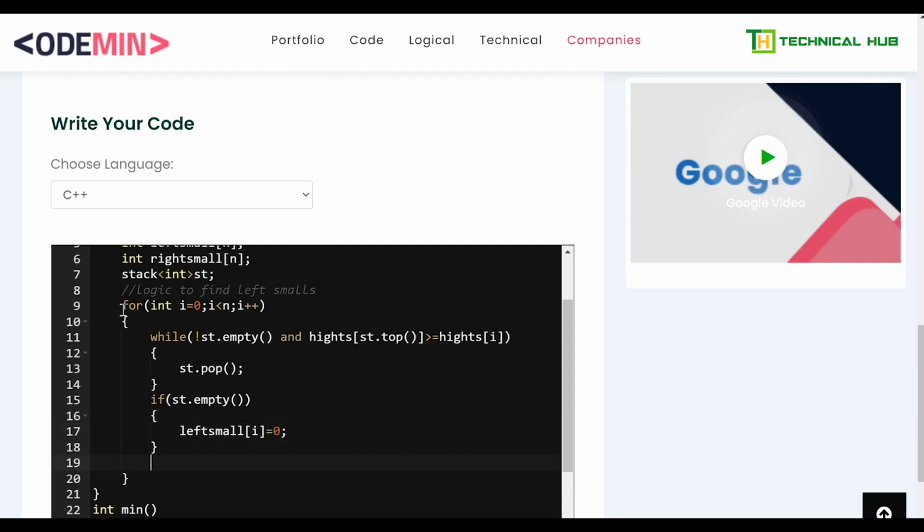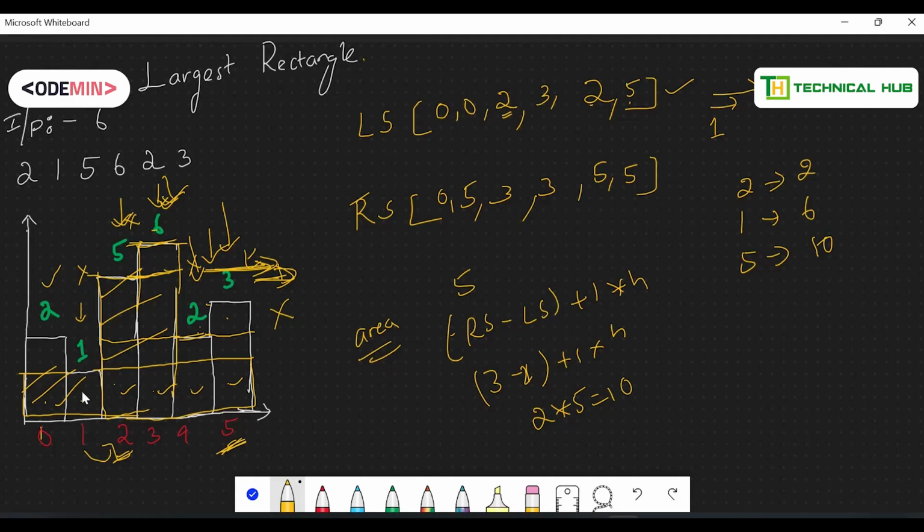For example, if you take this one, you don't have any left smalls, so you simply take 0, because you can extend till 0. If you go towards its left and don't have any left small for that value, you can extend up till the 0th index.